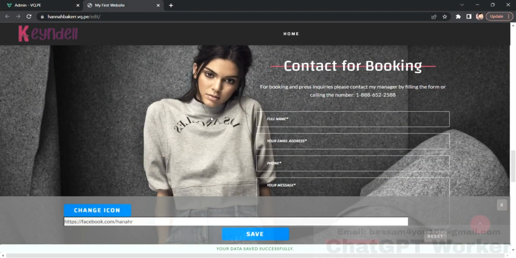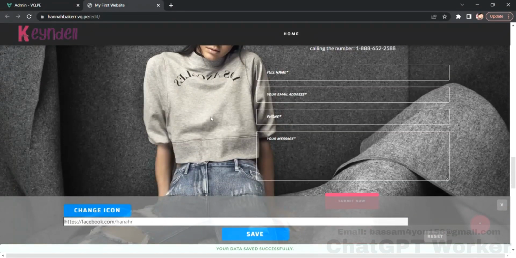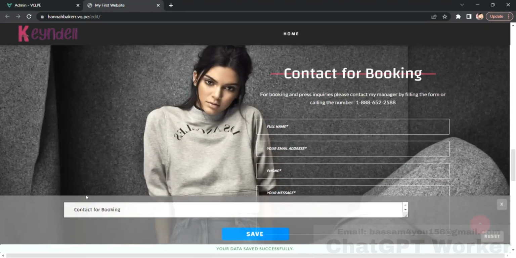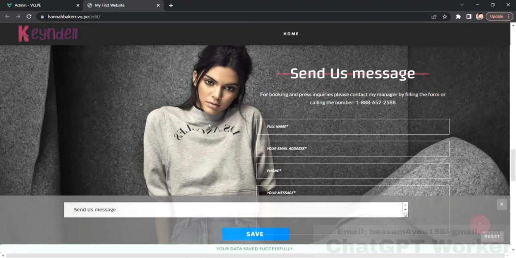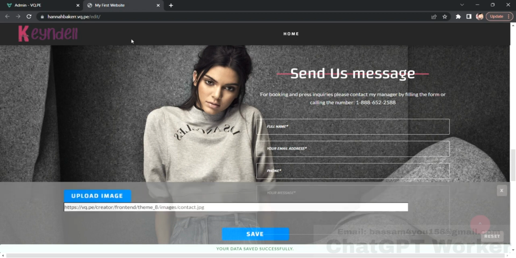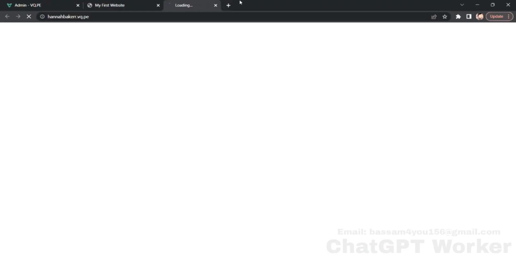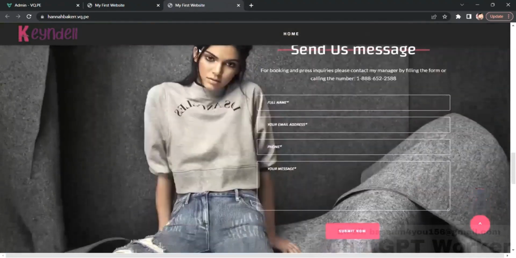Now let me show you other features of this website. Here you can see the contact or booking or send message form. You can edit their title. Now from this page, your visitors or your users or your clients, whatever you call them, can contact you or send you a message. Like when we go to the website and